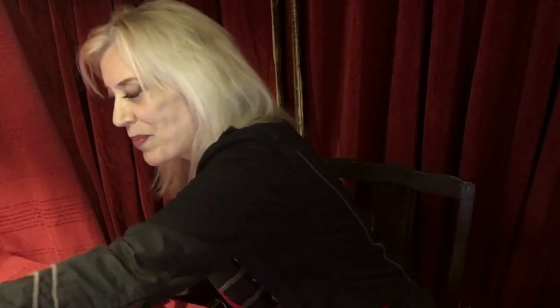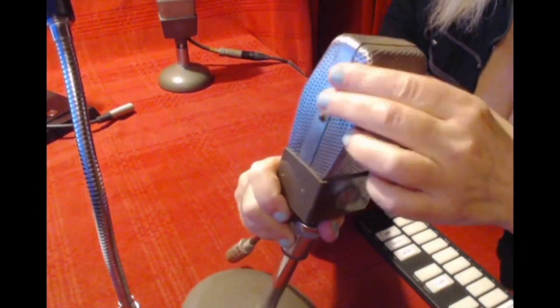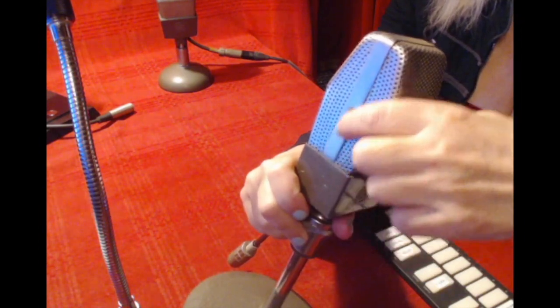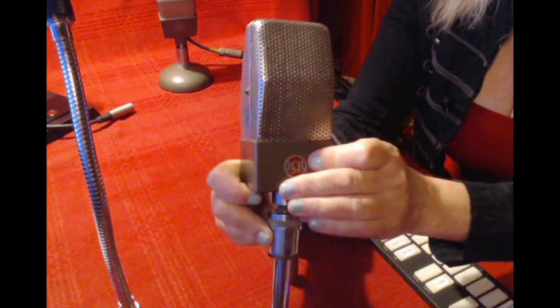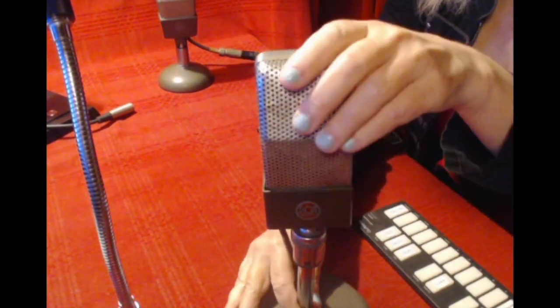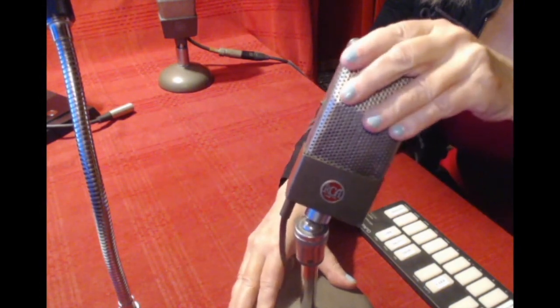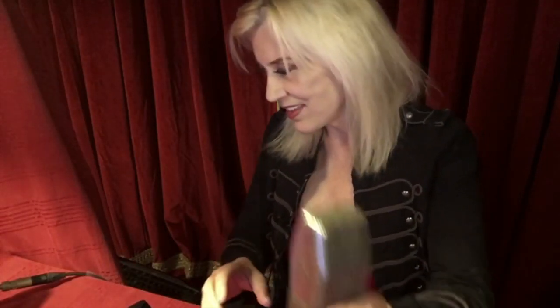Now, there were improvements made in the 4010, and that's our next Junior. That's this one right here. This one was model number 74B. And now take a look at the differences of this mic. The 74B has more of a molded grill, and it's rounded, and it has a metal strap that goes over the top with screws on either side. The emblem is actually cast into the body instead of attached. And the stand mount has a ball assembly, which was kind of a neat way of adjusting the mic into the position that you wanted it to go. Now this also is a good sounding mic,